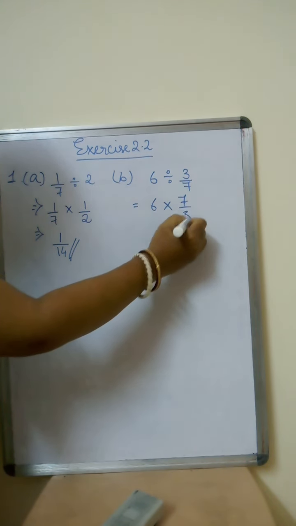Next, number D. Number D is 3 divided by 2 by 21. So it is 3 into 21 by 2. Right, now we cannot do any kind of cancellation, so we have to multiply. So 21 into 3 is how much? 3 1s are 3, 3 2s are 6 by 2. So now we will convert it into mixed fraction. When we convert it into mixed fraction, what does it come? 2 3s are 6. Here 3 by 2.